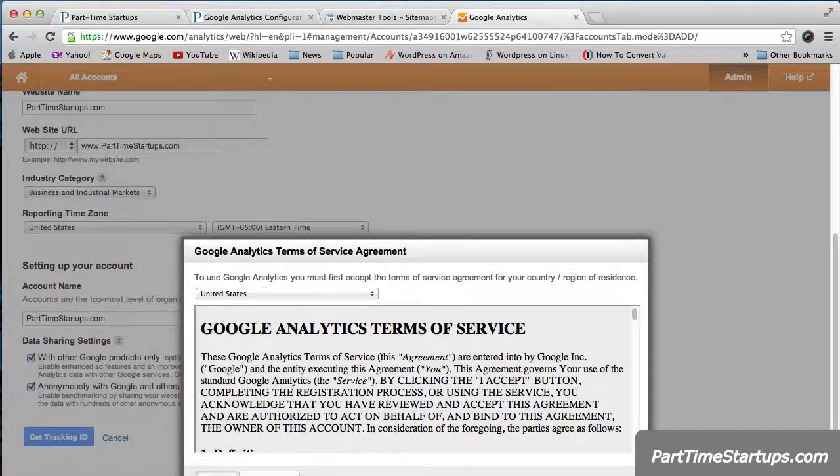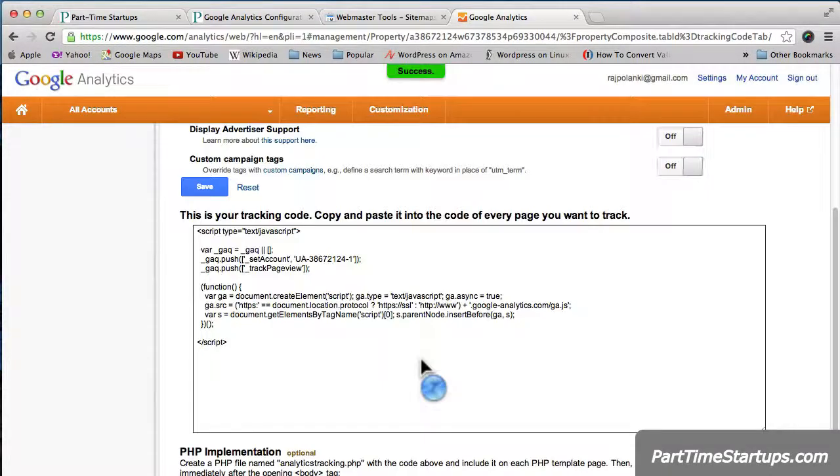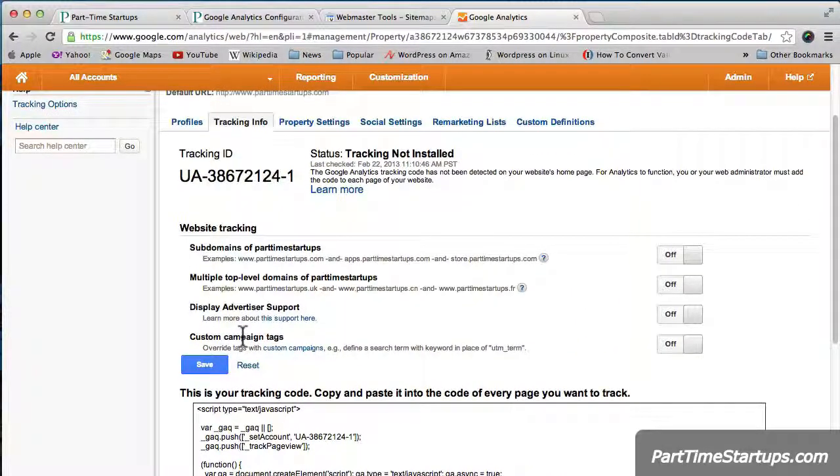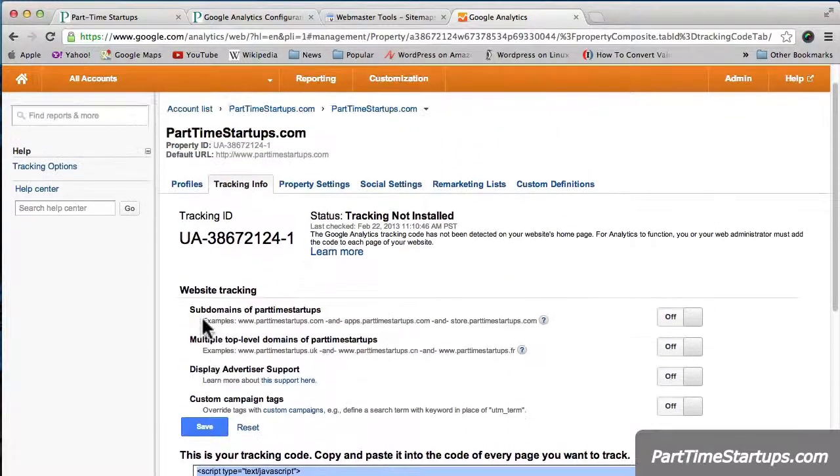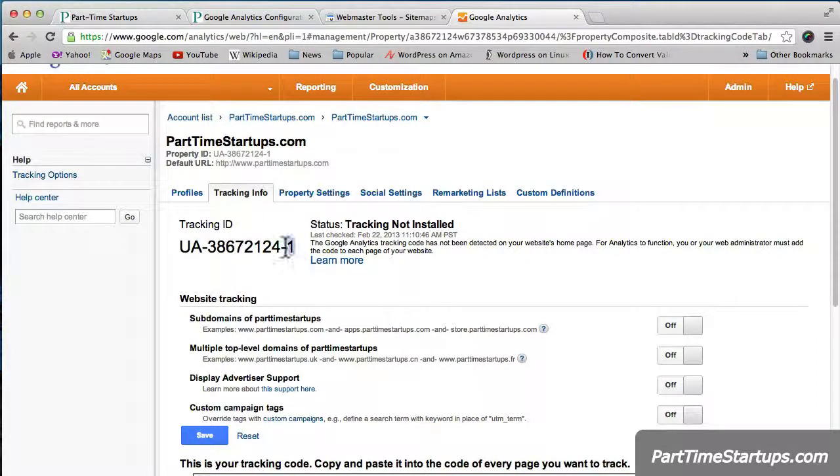So I have to accept this. Now it gave me a piece of some HTML code, script code here. So now, the thing I need to do to be able to properly link my website with Google Analytics is copy this script HTML code and then incorporate it inside my website header area. So what is the header area? How do I do that? So that is the reason we don't have to worry about this. We'll just simply use the plugin and then copy this tracking ID